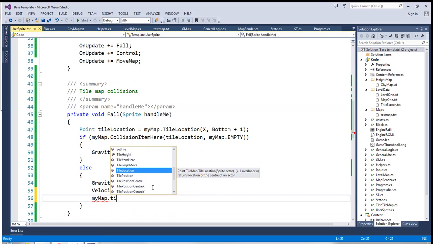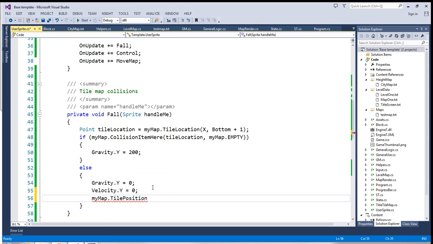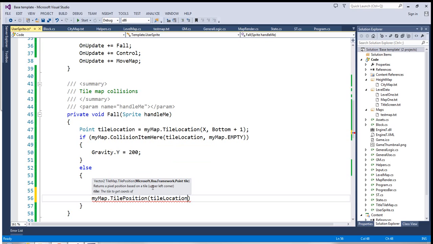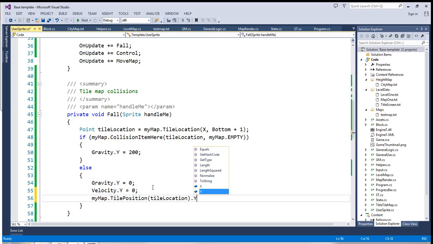Tile position. So that gives me a vector of the upper left hand corner. So that might work. So if I do tile position of that tile, that will give me the upper left corner of the tile that should be below me. Okay. So if I set the Y value of that, and I set my sprite's Y value to that value,